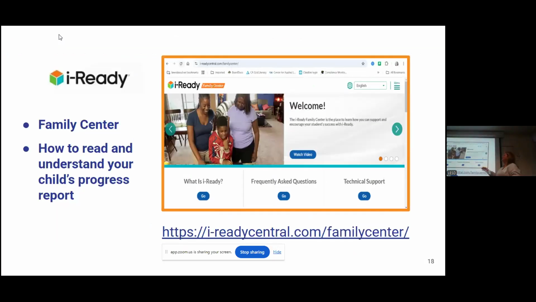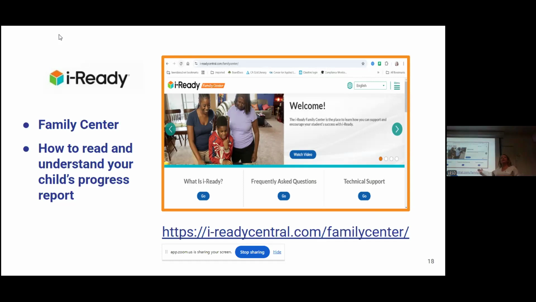Now, here's another website that's a great resource. I know you guys hear a lot at your schools about iReady, right? Who's heard about iReady? Everybody. We are continuously going over it because it gives you the progress that your students are making, and this is how your teachers use it to measure for reclassification. So it's very important. This website, again, please come to this website.